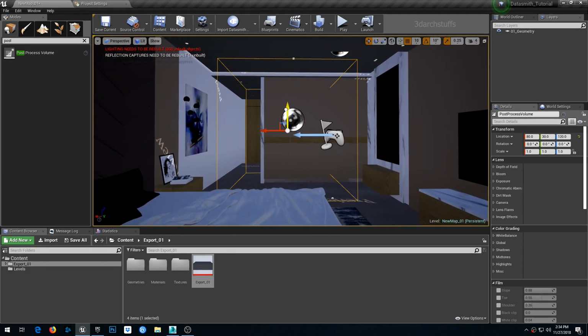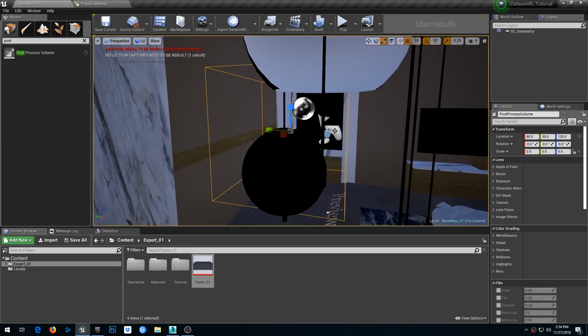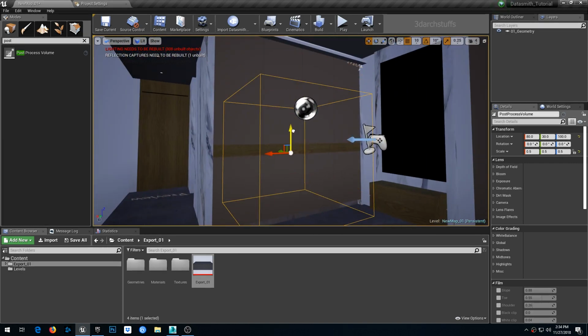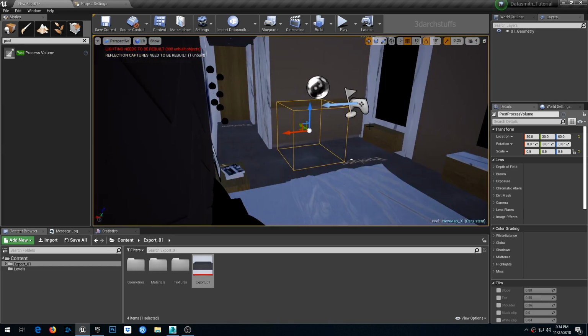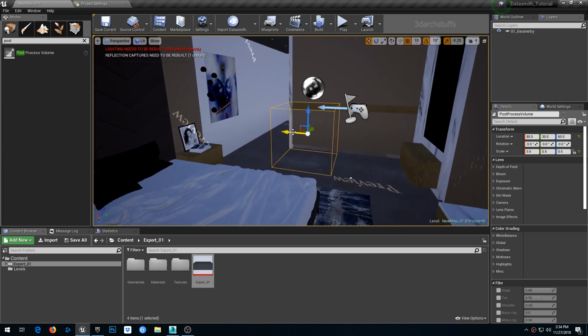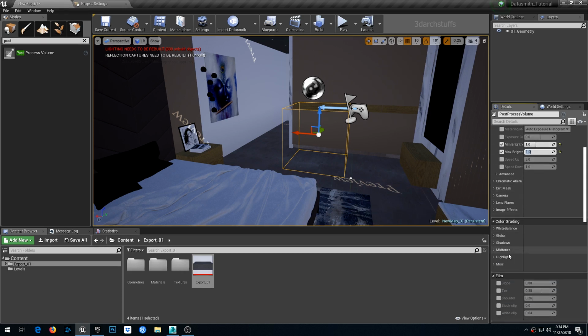I will adjust that post process volume, and then I will rescale it a bit. So as you can see, I have rescaled it, and you can put this post process volume anywhere in the scene. Its location doesn't matter, because once we have put the post process volume, we will go into the details of that post process volume, and then we will go inside here, Auto Exposure, and we will make the minimum and maximum 1 and 1, and we'll go inside this